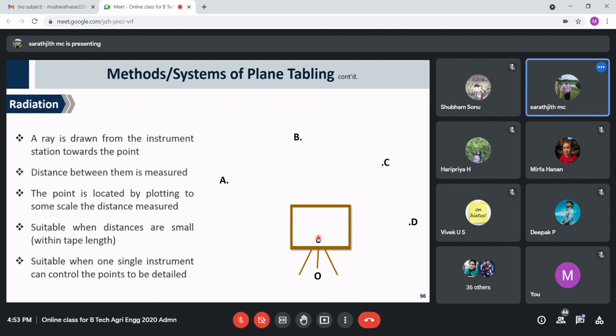Is this clear? The white portion shows the drawing sheet and the brown color represents the wooden edge. Okay, so at point O, you place your tripod, you fix the plane table, you level it so that it is horizontal. Then you transfer point O and mark it as point small o on the drawing sheet. And for this transferring, which instrument are you using to transfer this capital O, the ground point, to the point on the drawing sheet? Which tool do you use?